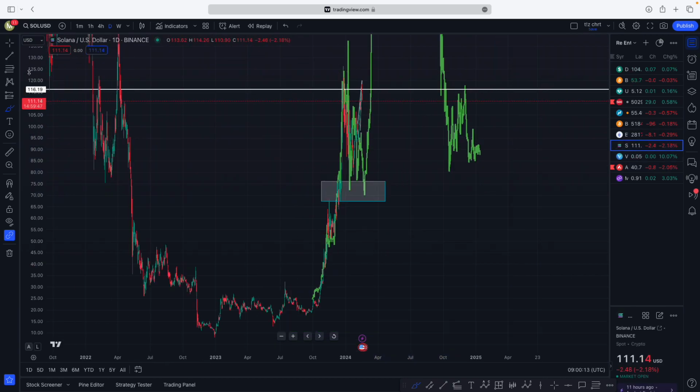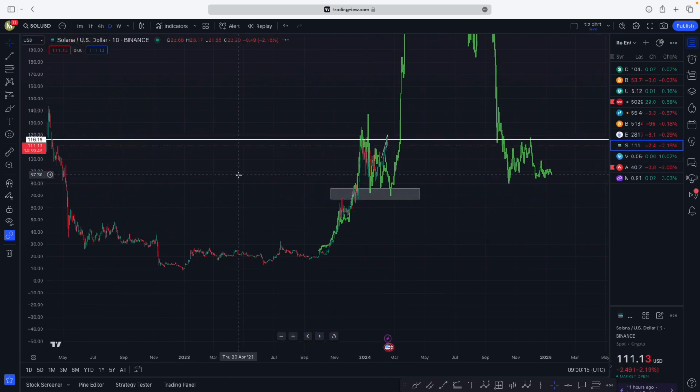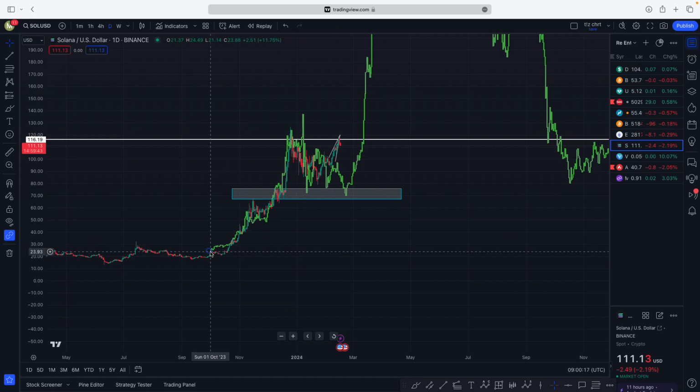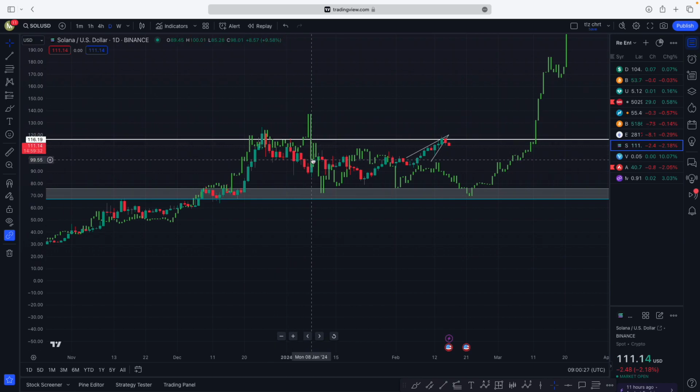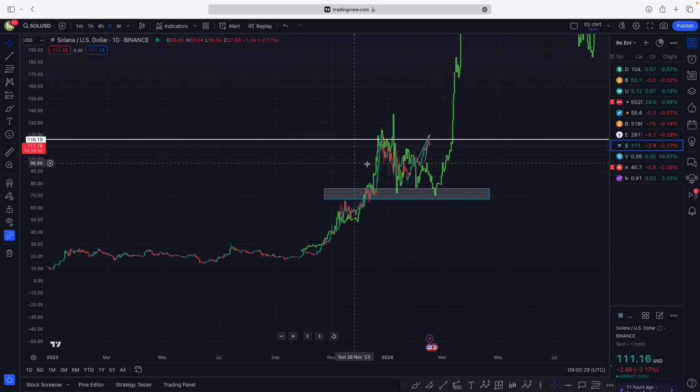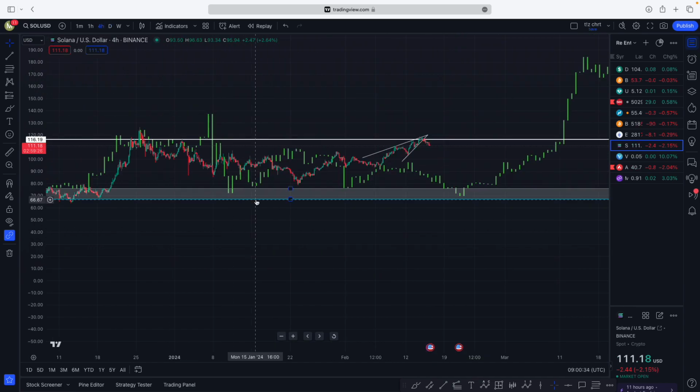For Solana, I found the fractal as well in the last bull market, guys. So you see how accurate this pretty much is. You go up, you have this longer phase here of consolidation, you have this push down there, you have this aggressive last move. You come down, and back in the day, Sol already pushed up to a higher high here. Now this time, Sol almost made a higher high here, and now we are forming this